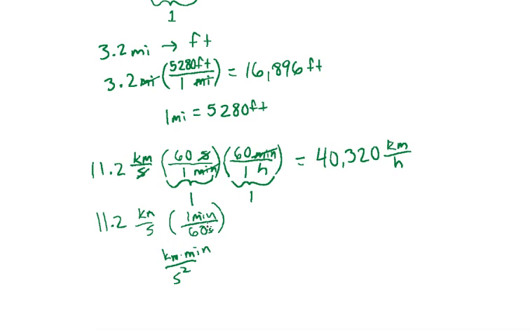So if you have that happen where nothing's canceling out, it's not doing what you want, you may want to check and see if you accidentally flipped this the wrong way, which means you need to take the reciprocal of it and do like what we did here, where it was 60 seconds over 1 minute. Okay, so this works with converting prefixes. It works with converting all kinds of things. Pounds to newtons and all kinds of things. And I highly recommend you get this down, and it takes some practice, but ultimately it should pay